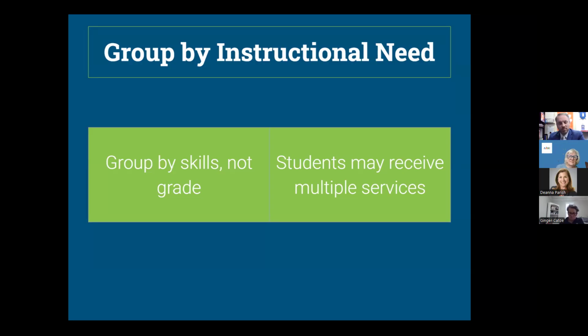And then another thing that I'll show you here in a minute is that we do have two what we call multi-categorical classes, and they would be like your mild disabilities classes, whatever you call them. I think in Rock Hill they had weird names for it, like building bridges and unique pathways and stuff like that. But it's your level one, your mild disability classes. So we utilize those teachers too.